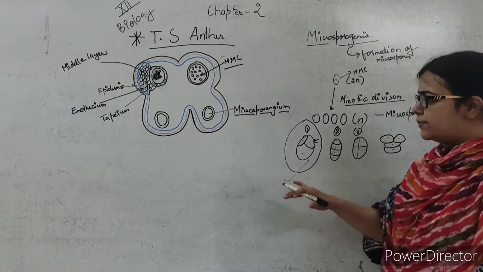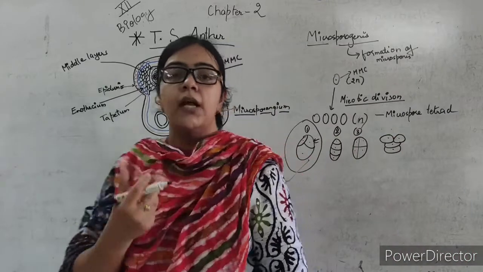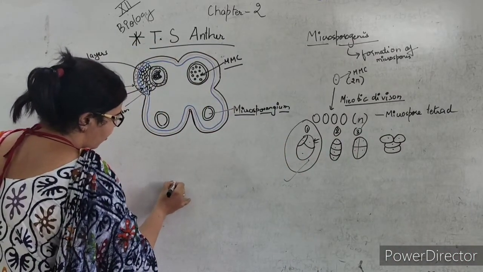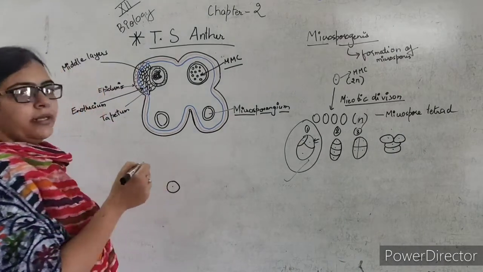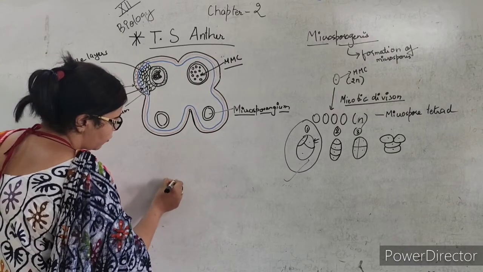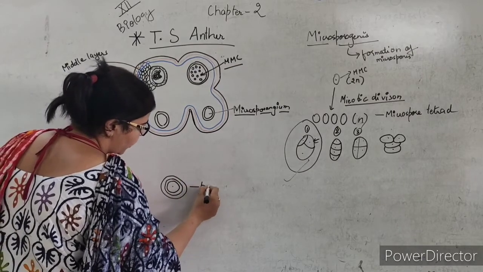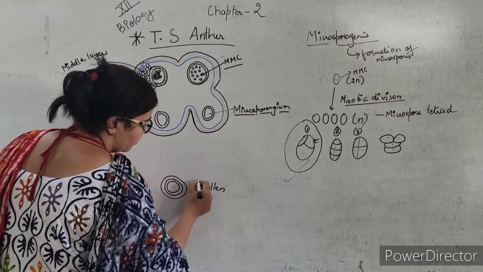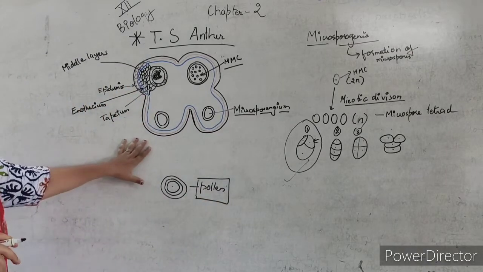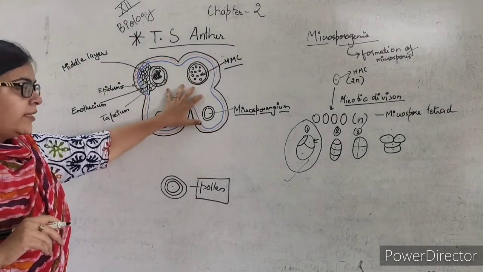Now these cells will be separated from each other. These 4 cells, which are haploid, which are now called as microspores, will get separated from each other, and now an outer and inner layer will be formed in this microspore, and it will be now called as pollen. So we saw here that the MMC, that is the microspore mother cell, will undergo meiotic division,